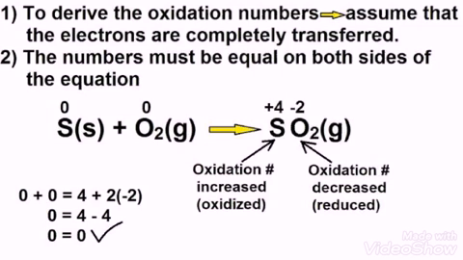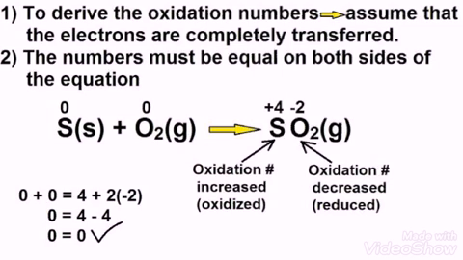For example, in the following reaction, S reacts with O2 to form SO2. S and O2 are single elements, so they are not charged. Their oxidation state is 0. But in SO2, two different elements are combined, so they are charged species. We know that oxygen always gains 2 electrons to form the nearest noble gas configuration. As it gains 2 electrons, it becomes negatively charged. So the oxidation number of oxygen and its valency are the same, -2.